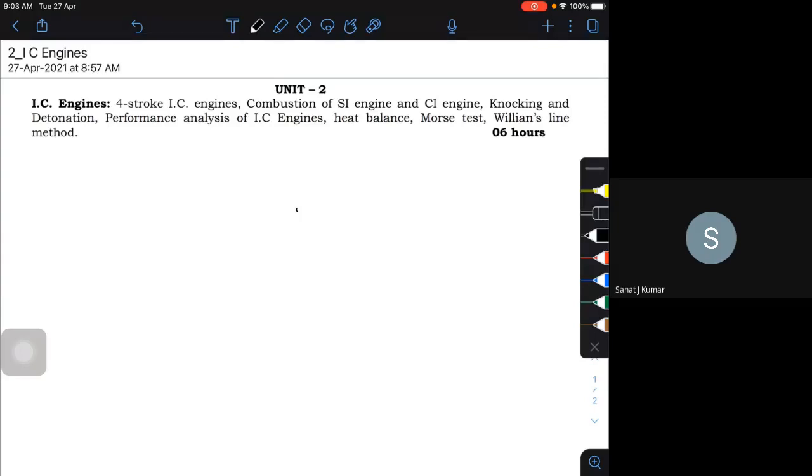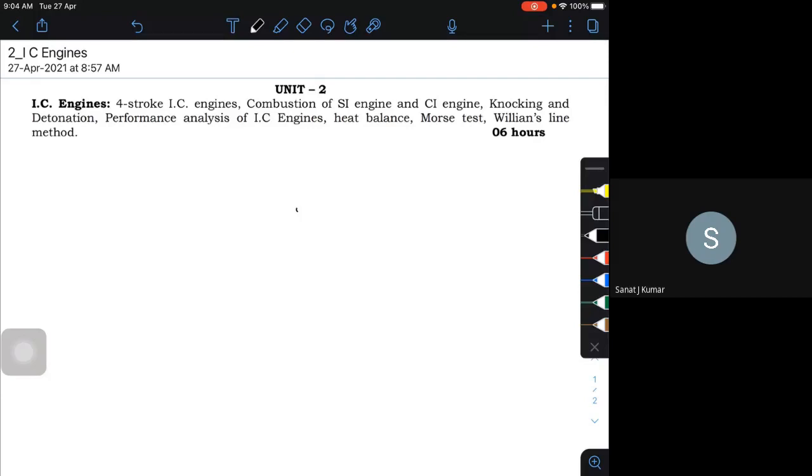This performance analysis of IC engines is very much required. Say I want to check for this IC engine its thermal efficiency, specific fuel consumption, all those things. There are certain tests where we are going to find the indicated power, and where we find the frictional power. The Willans line method is one method. Then we'll try to understand what exactly a heat balance is: what energy is supplied to the engine, how much is converted to brake power, and how much is unaccounted for or taken away in the exhaust gases or by the cooling water. We'll look into all those things.